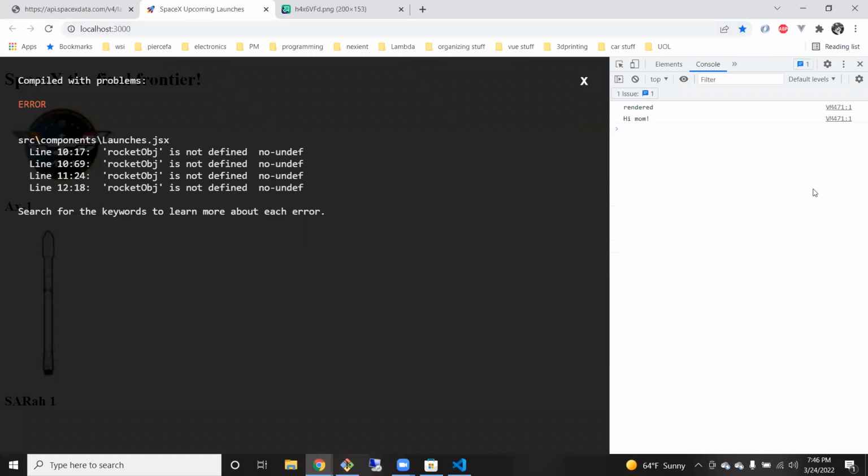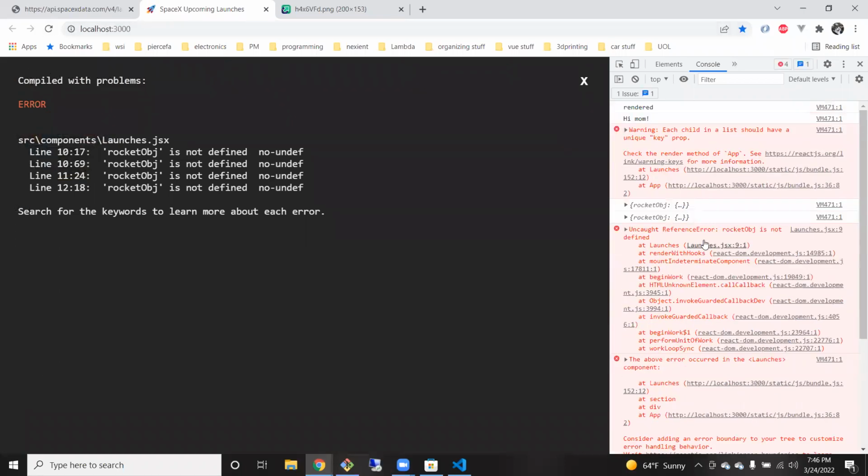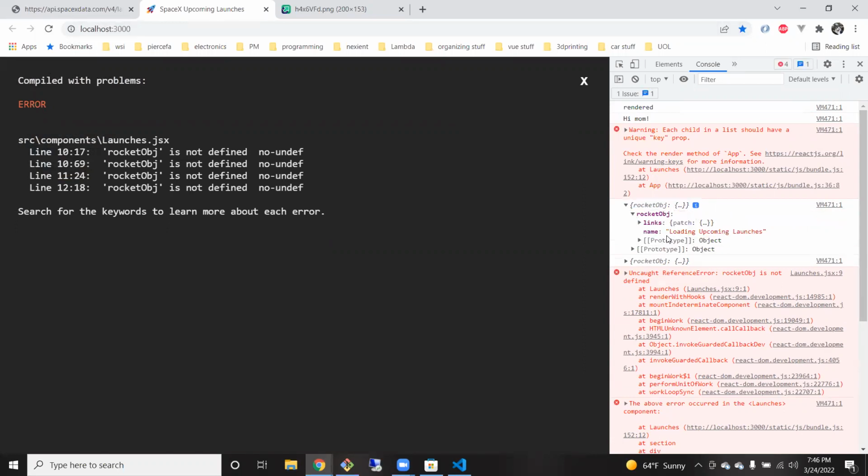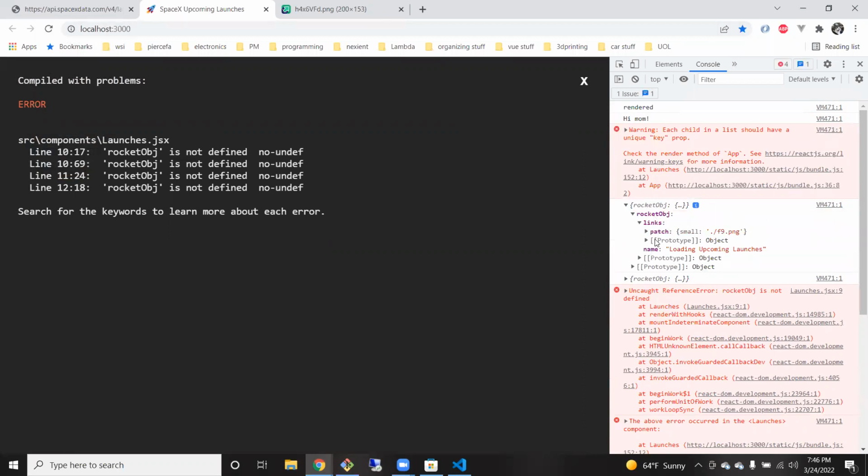And I refresh, ooh, it still explodes, right? So take a look here, it is trying to render props. If you notice, this props is an object with a property of rocket object. And if you open up rocket object, you'll notice that's our rocket with links, and the patch small is F9